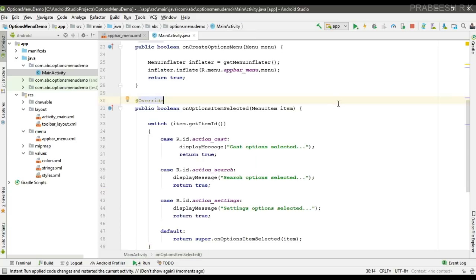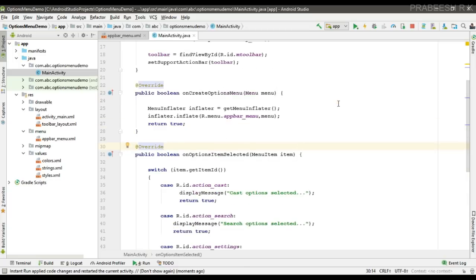So this is how we add an options menu to the application app bar. I hope you understand the